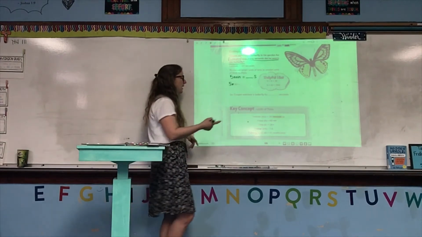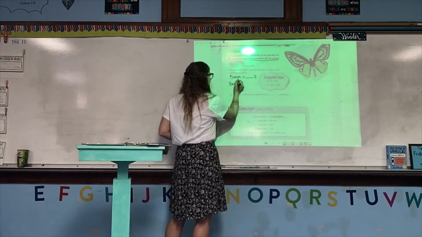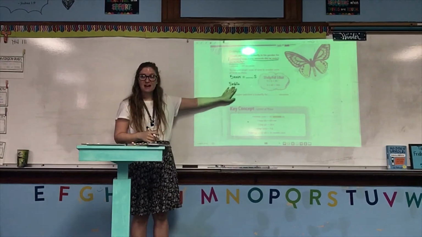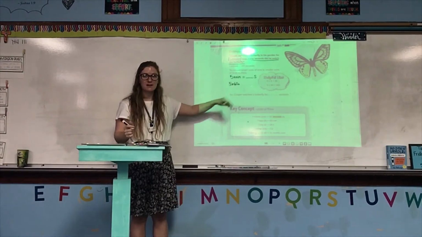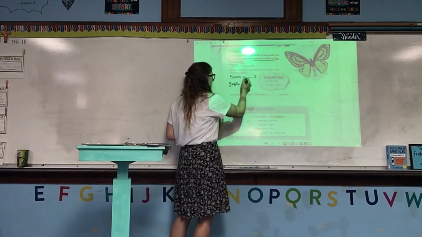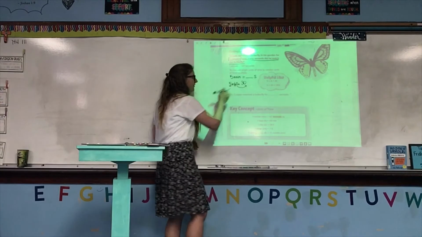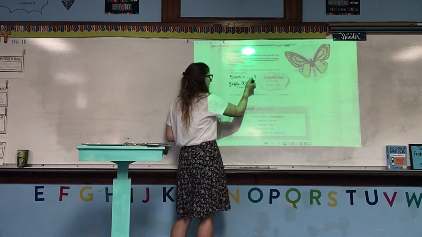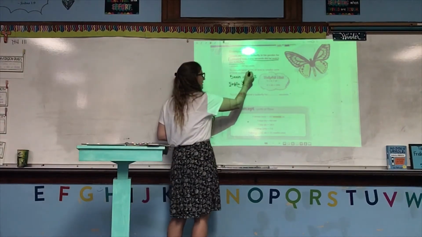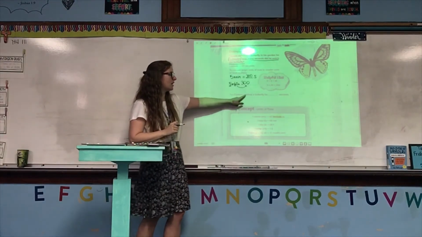Of course, we're going to multiply by the number of seconds in a minute, which we know from our conversion charts is 60. Now, 5 times 60 is not a basic fact, but we can use basic facts and patterns to solve it. 5 times 6 is a basic fact. It equals 30. We have 1 zero at the end of our factors, so that means we're going to move it to the end of our product, which means that 5 times 60 is 300. So that means there are 300 seconds in 5 minutes, which means that Cooper watched a butterfly for